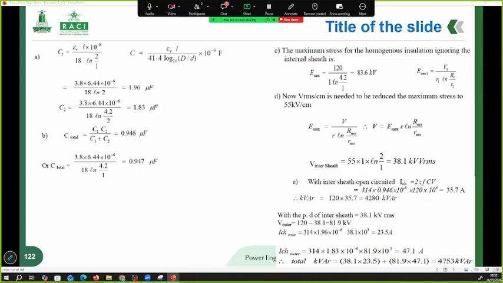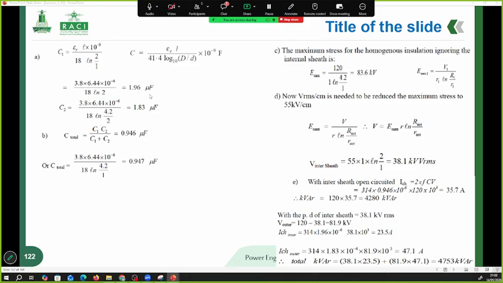Using this relation, the inner dielectric capacitance C1 is calculated based on the ratio of radii 2/1, resulting in approximately 1.96 microfarad. This value shows that both insulation layers contribute significantly, but not equally, due to their